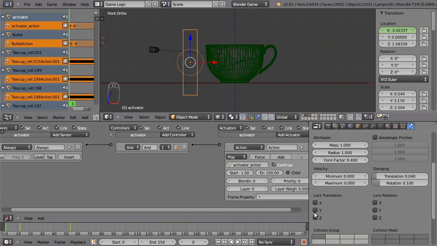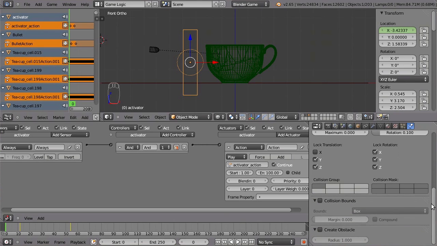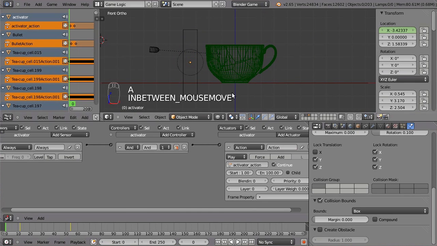And then we can lock everything but the X translation, because it only moves in the X direction. And next, I want to set the collision bounds to box, because it's a box, and this will make the collision detection better than not setting it. Okay, I think we are ready. So now if we press P,